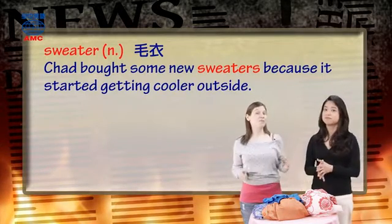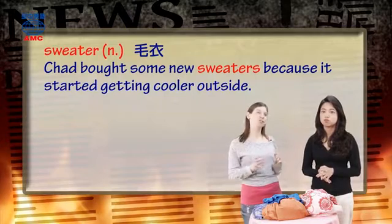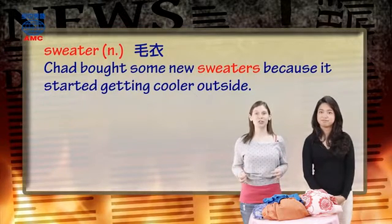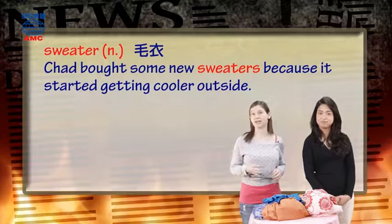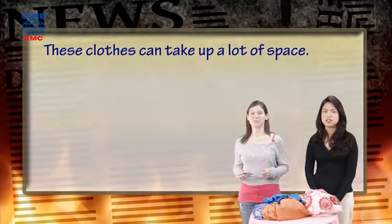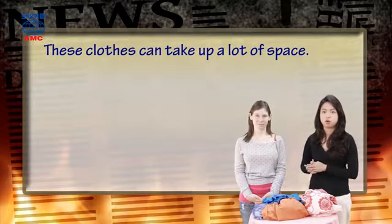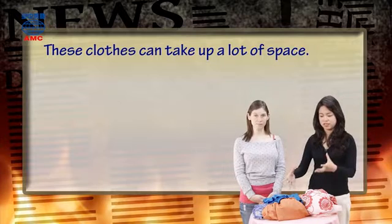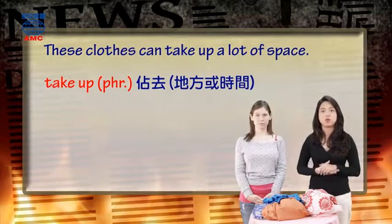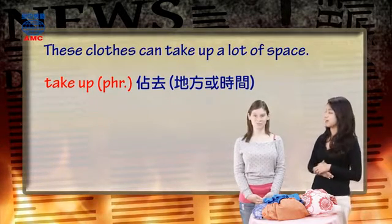bags instead? Yes, now if you have the vacuum bags, you should use those for your heavy clothes. But if you don't have them, you should still roll them because it will still make them smaller. Now, there's a good reason you should use vacuum bags for sweaters and other heavy clothes. The article says, these clothes can take up a lot of space. Right. 为什么要特别用这个？是特别针对这些厚重的衣物呢？因为这些衣服真的会占用很多空间哦。所以这个比如说很多会变成这样一大坨一大坨的。我们用这个 take up 这个动词片语表示占用空间或是时间都可以。比如课文里是说 take up space 占用空间，你也可以改成 take up room，意思也是一样的。